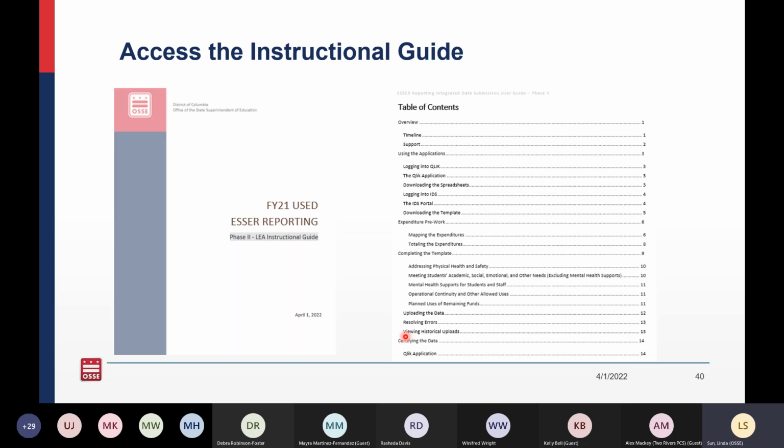This, as you can see, is very extensive, and it really does take you through click by click, cell by cell, what needs to be done through every step of the process in order to submit your Phase 2 data collection. Similar to this webinar, the focus of this particular document is the expenditures section. You can also see here we specifically have a section called mapping the expenditures and totaling the expenditures. This will take you through